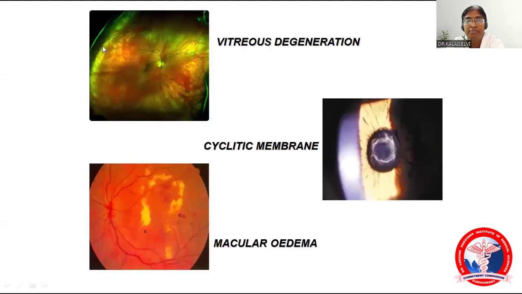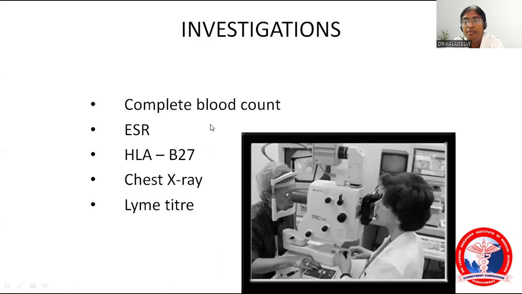So this is the picture of vitreous degeneration. It's a picture of cyclitic membrane vessels. And a picture of the macular edema. And these loose areas of exudates which are seen. And all these